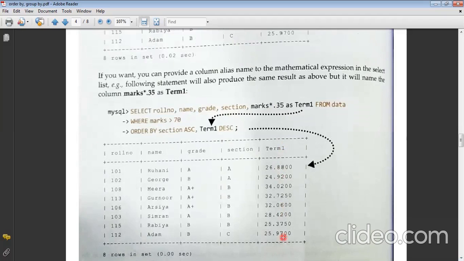This is just a way of representing it, so that instead of showing the function name, which doesn't look good, we write some column name and represent it like this. So this is how you can include your mathematical calculation in the select statement along with your order by clause. So that was all about your order by.